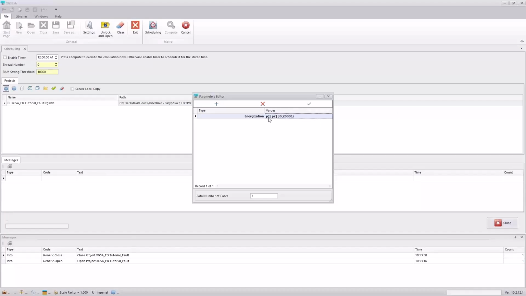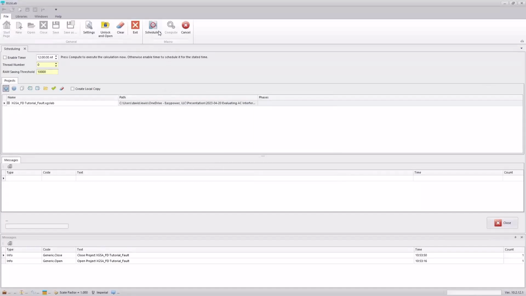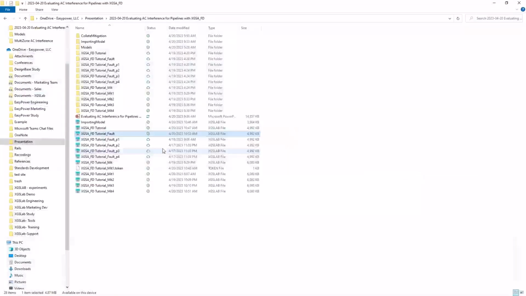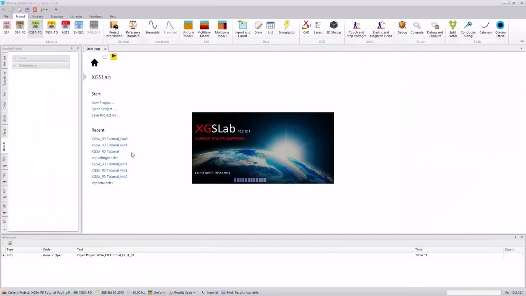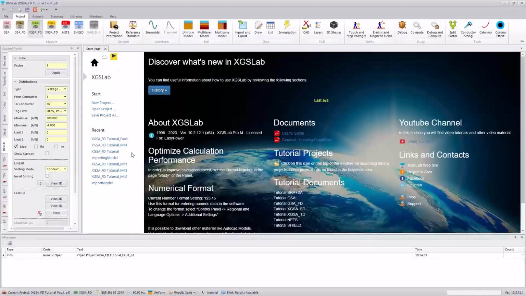And then the model will automatically insert faults at each one of these points. So what I end up with, if I exit this model, is a fault at position 1 because of how I energized it using the scheduler tool. So these are a couple of things you can do: very large studies automatically, using a combination of the scheduler tool, CAD programs to insert and export information,